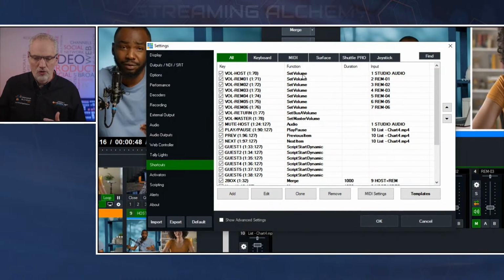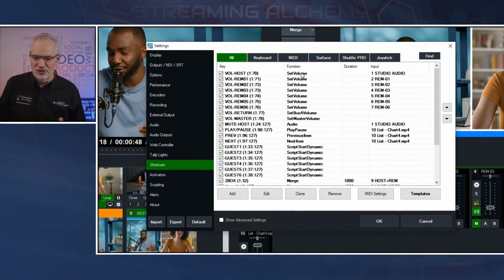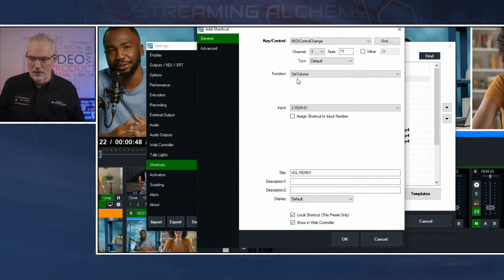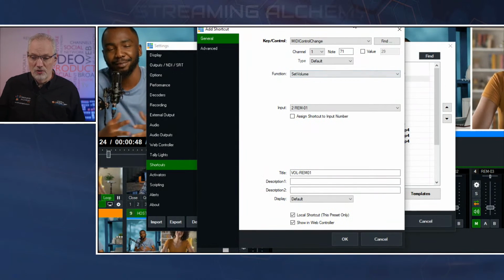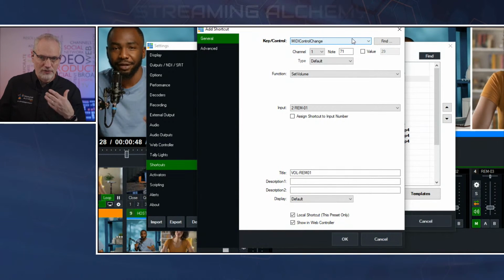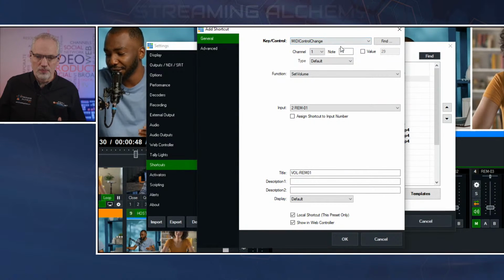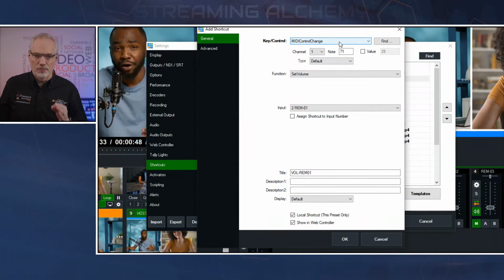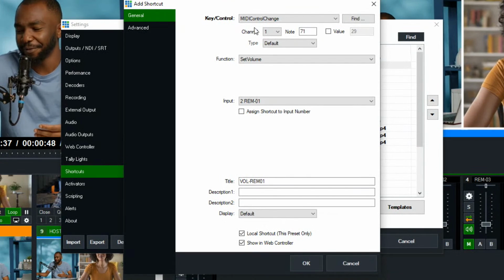So these are 7 inputs. Let's just take a look at what we have set up for the first input. What we're doing is, as opposed to a key press, which if you've used the Stream Deck is probably what you're used to,